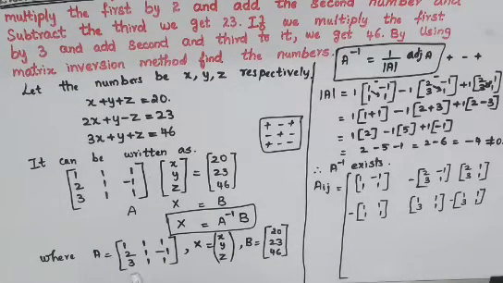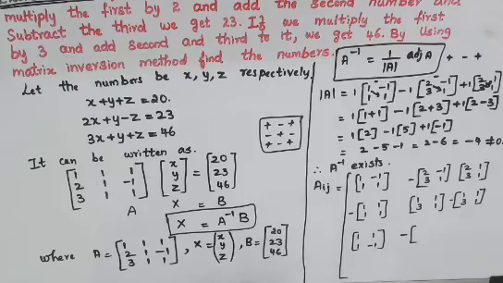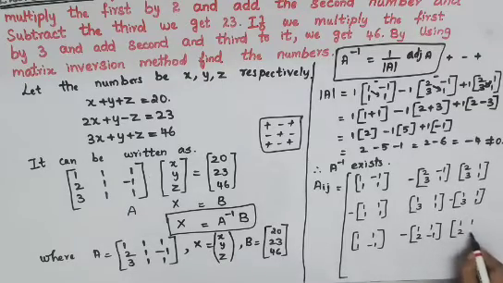So the last row element you will have to find your cofactor. So for 3 we will have to find it. So removing the regarding column and the row, you will get 1, 1, 1 minus 1. Then insert your minus from your format. Open your bracket. So for this one you will have to find your cofactor. So removing the row and the column, you will get 1, 1, 2 minus 1. Then open your bracket. The last element 1 has to be found out. So removing the column and the row, 1, 1, 2, 1.